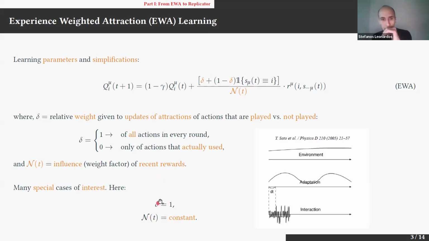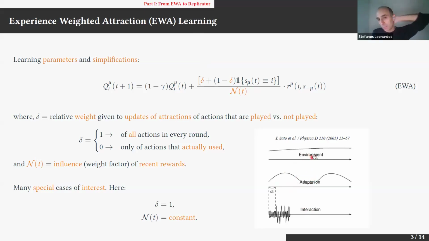What is important here is why do we choose delta equals to 1? So why do we choose to update all the Q values, all the attractions in every time step? And the time scales that we have here in mind are the following. So the bottom time scale, the interaction, is when the agent interacts with the environment. So chooses the actions and plays, receives some reward and sees what happened in the environment. The adaptation is when they change their distribution. So the X that we saw, the softmax that we saw in the previous slide,